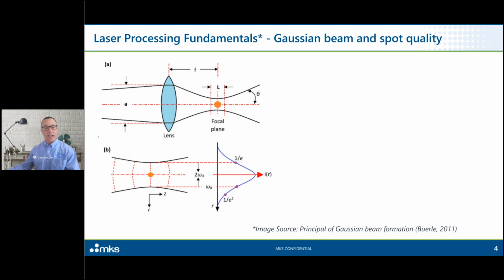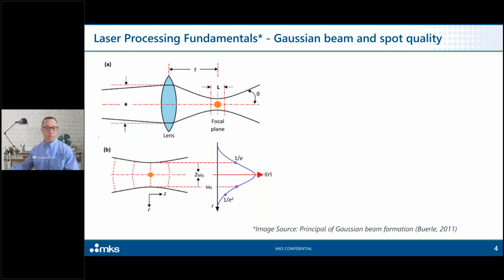And that's why it's so important to control and know where the focal point is, or the spot is, and be able to maintain that ideal focus so you can maximize that fluence control, the amount of energy you're applying